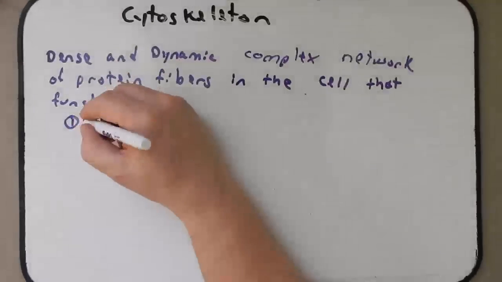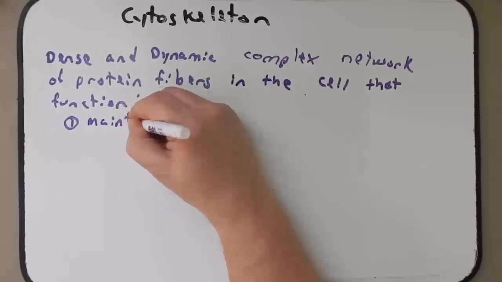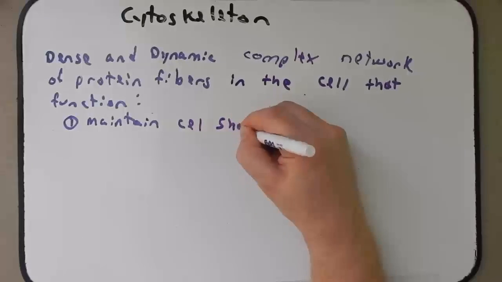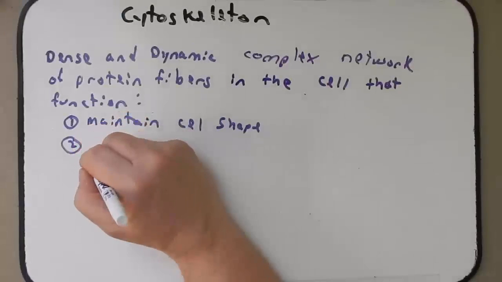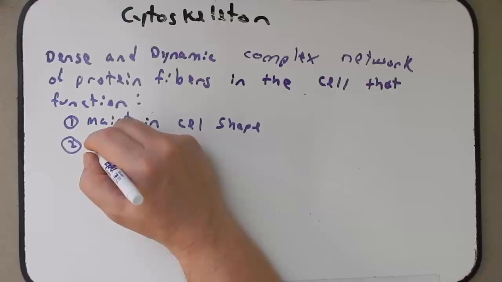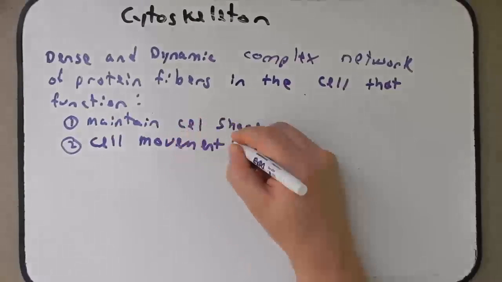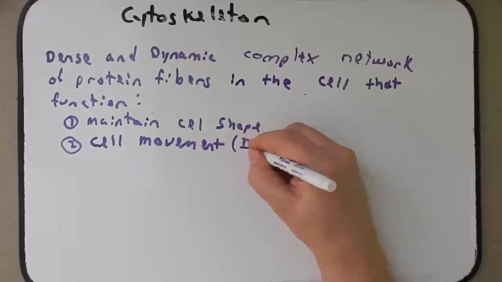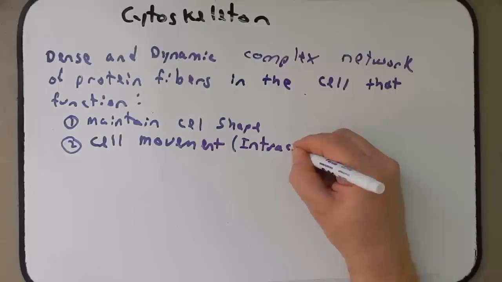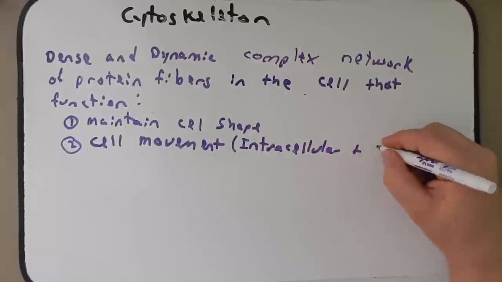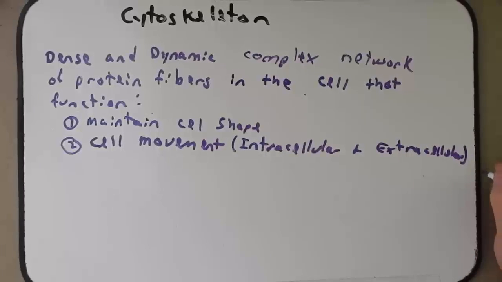Some of the cytoskeleton helps maintain cell shape. Some of the cytoskeletal elements help in cell movement. And this is both intracellular, meaning moving things within the cell, and extracellular, that is, moving the cell from one